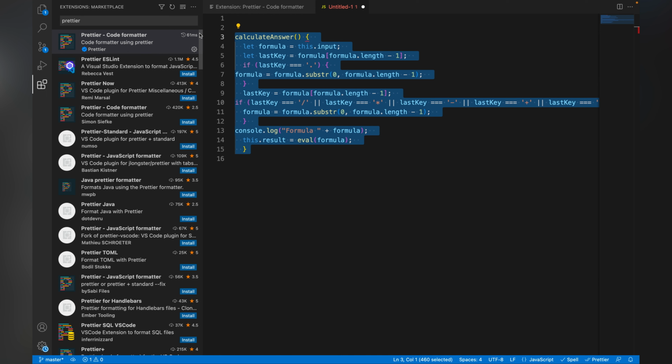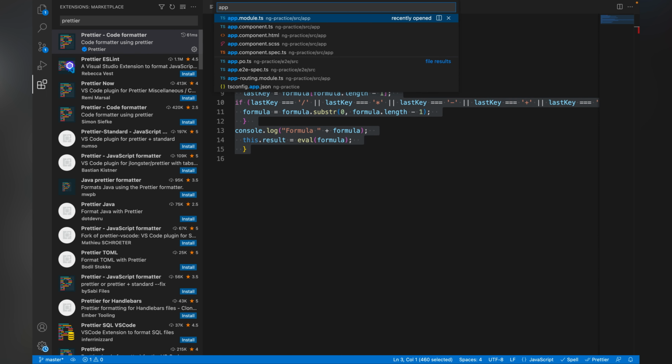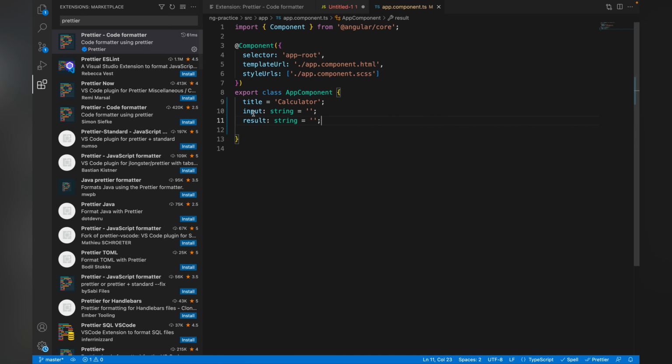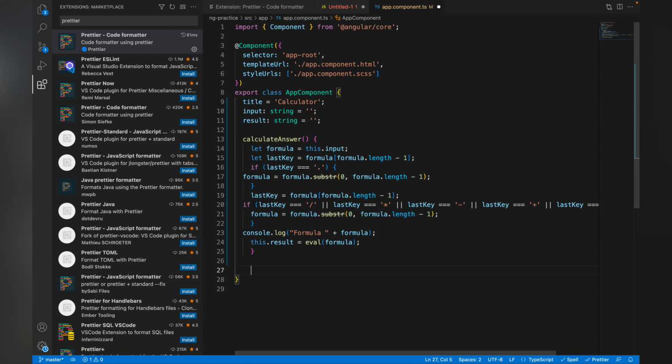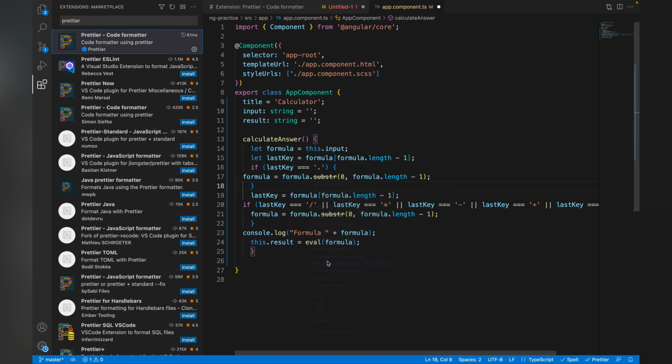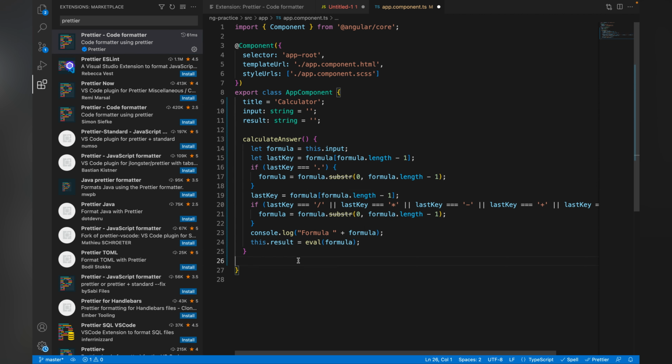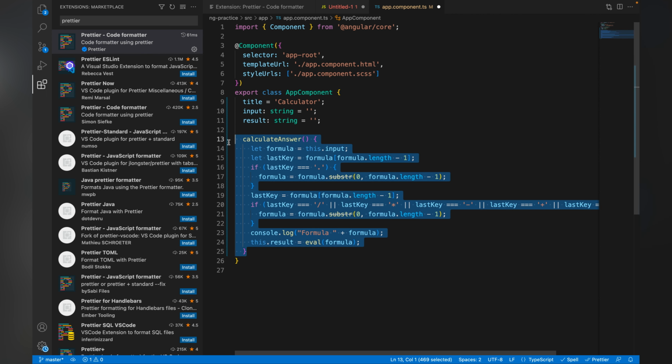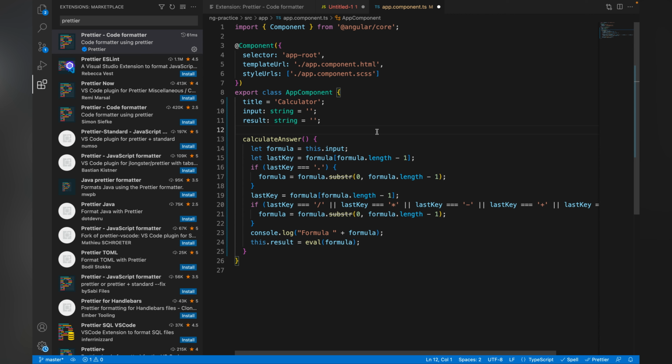Here is a method that I have written, so let me copy it. Let me go into some component and paste this. You can see this is looking so weird, so let me format this. This is the inbuilt default formatter of VS Code. It has been